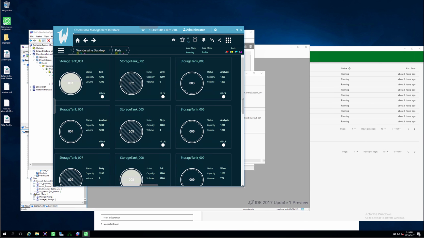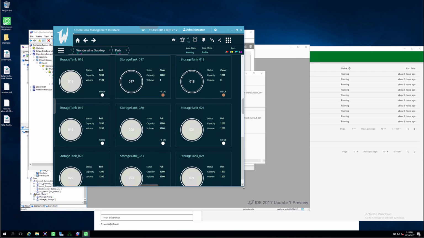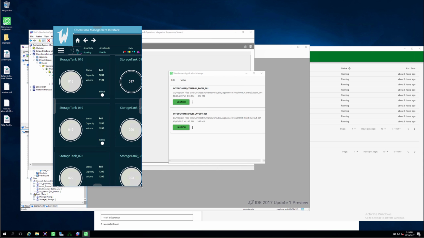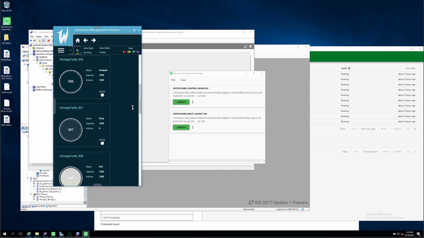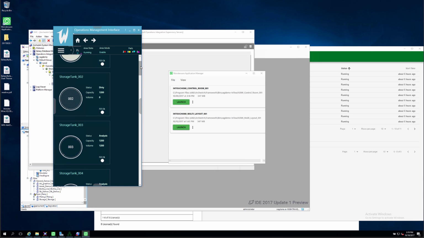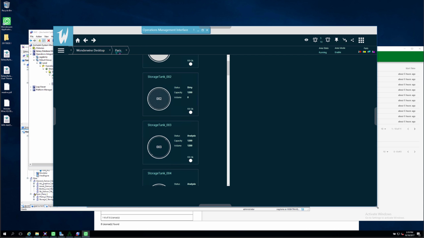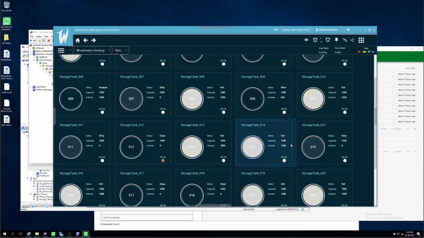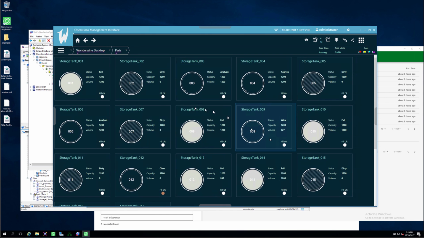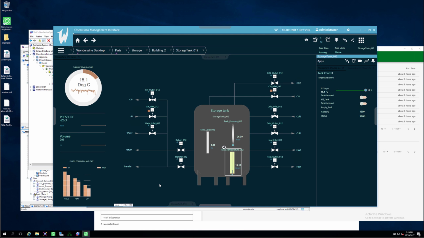However, if I make it smaller now, it will just adjust and show 3 rows or 3 columns for an iPad, for example. If I'm on a phone, it just makes it 2 columns, or 1 column in this case, and then I can scroll up and down to get to the other column. So this is a different application, the presenter application, and the presenter app is something that is new in update 1. And it allows you also to navigate. So if the operator wants to figure out which tank to fill, like this one, fill OK, you can click on it and it will take them right away to the tank. So that's new